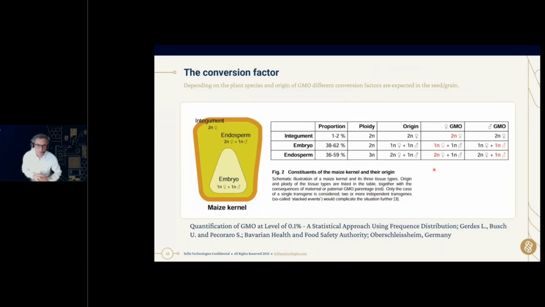The conversion factor. The conversion factor is a very powerful factor necessary for each GMO measurement. So we see here this is a maize kernel, and we see this one has 3 different partitions. So I copied that from this poster from Mr. Gerdes, and we see that the embryo, for example, normally contains one part of the female and one part of the male. The integument is only female, and the endosperm has 2 copies of the female and 1 copy